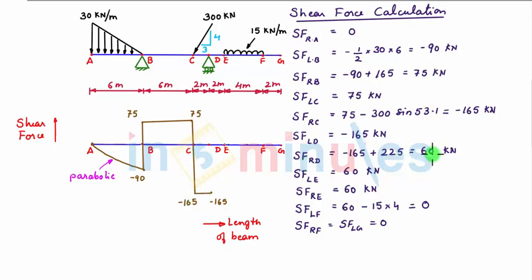Now again shear force towards right of D is plus 60 kN. So again at point D we plot another shear force of magnitude plus 60 kN and we connect this with a vertical line. Now shear force towards left of E is 60 kN as well as towards right of E is 60 kN. So at point E we plot plus 60 kN shear force and we connect it with the horizontal line. This denotes that shear force between point D and E is constant.